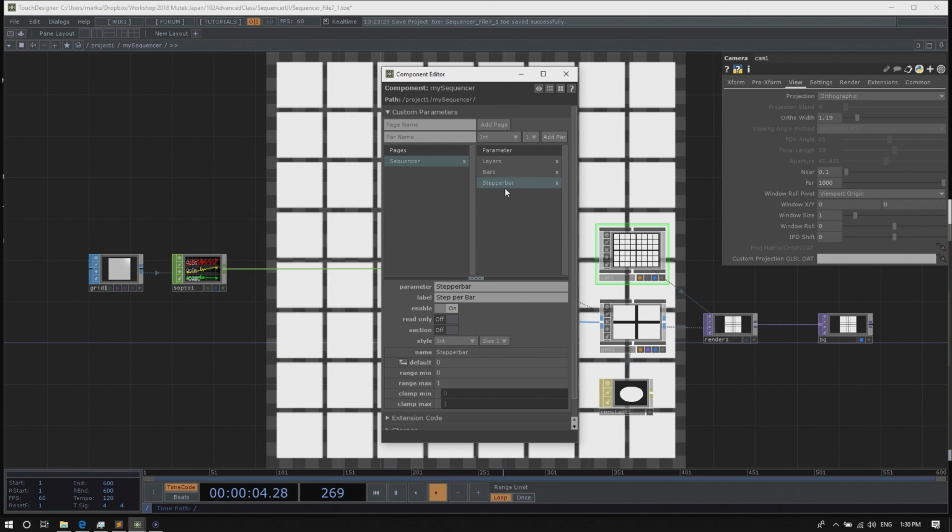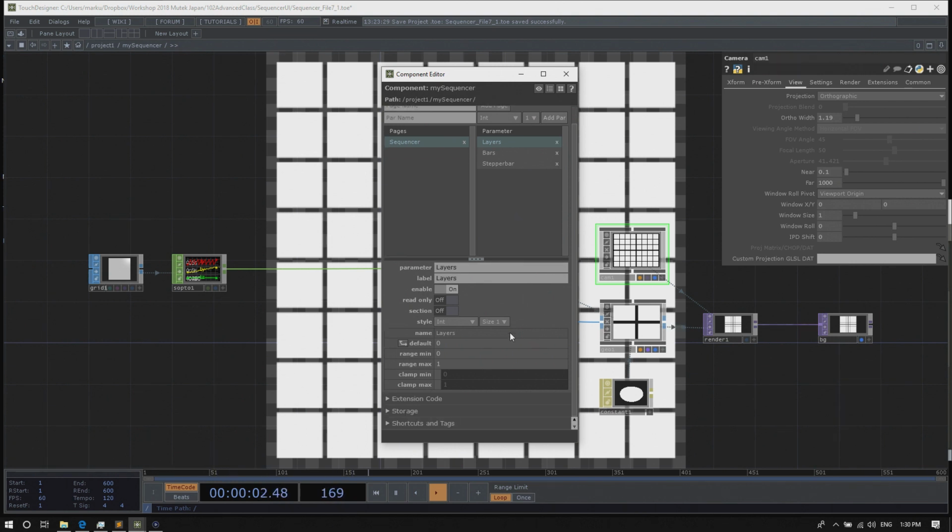Mine were created a little out of order, but I went in the order of layers, bars, and step per bar, and you can just move them around by dragging and dropping to reorder those parameters.